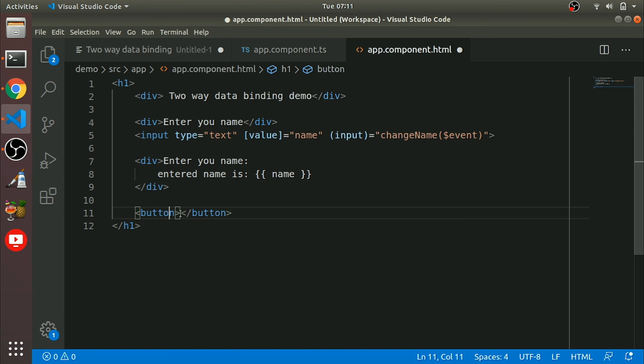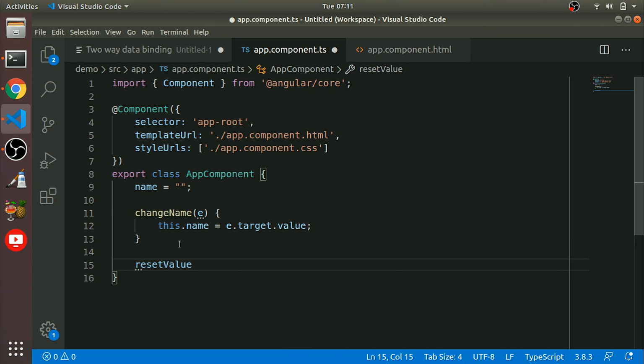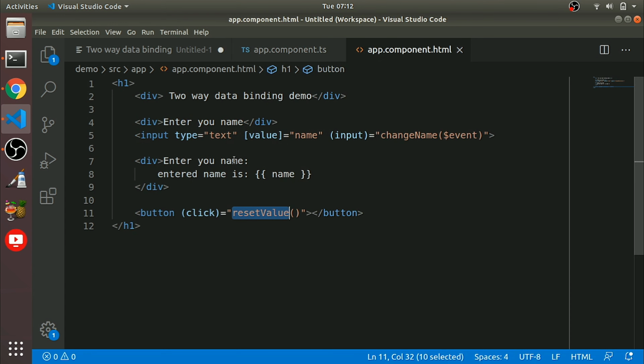We'll add a click equal to resetValue, so name equals the initial value.